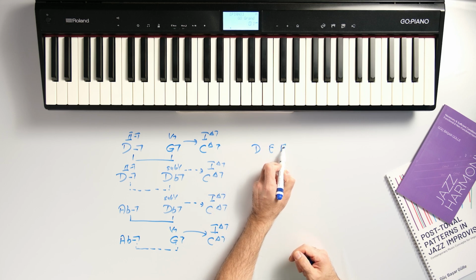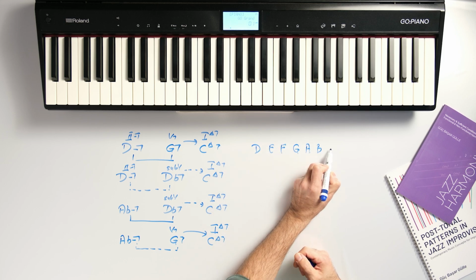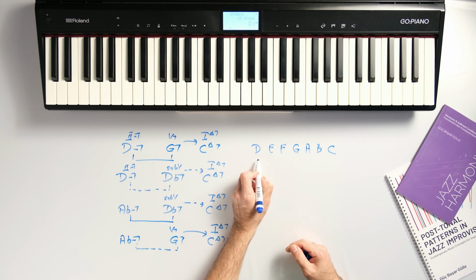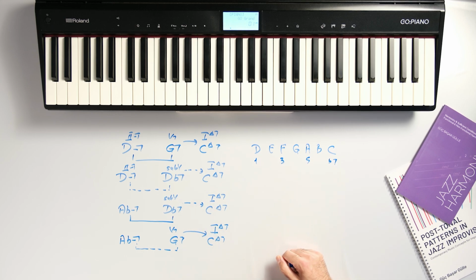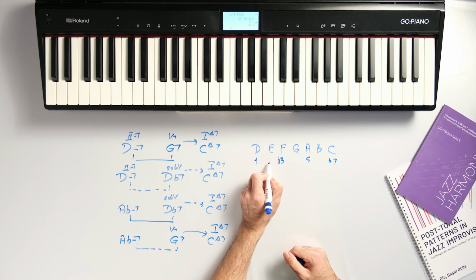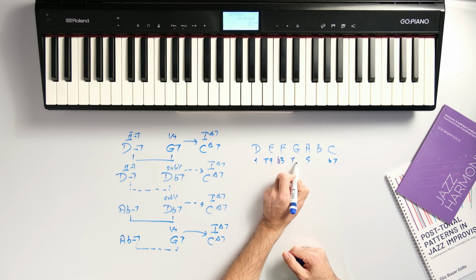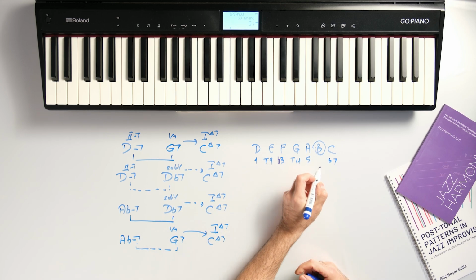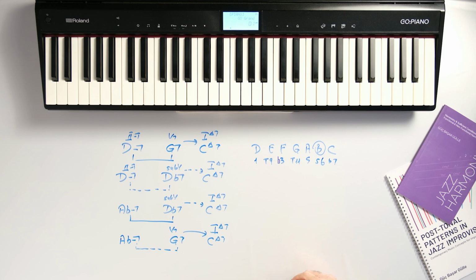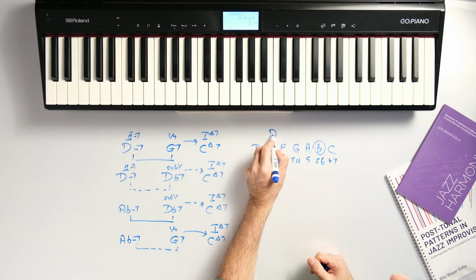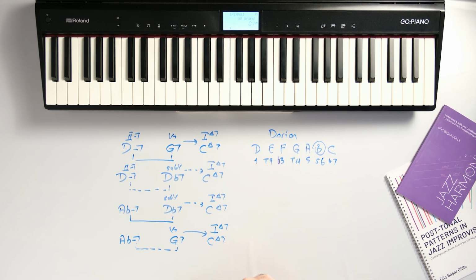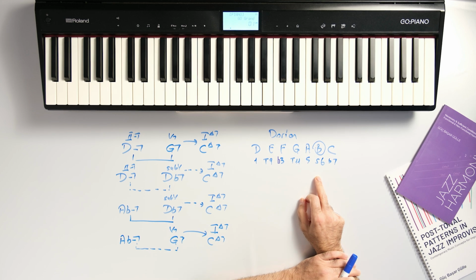D, E, F, G, A, B, and C. And here, these are our chord tones, 7. And these are our tension notes, tension 9, tension 11. This is our avoided note, scale 6. Okay, and for Dorian, especially in modal context, that note, scale 6, has a very crucial role